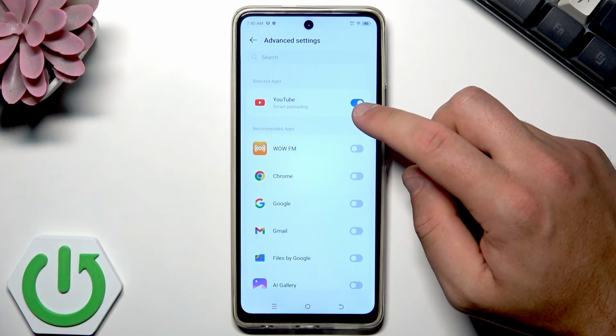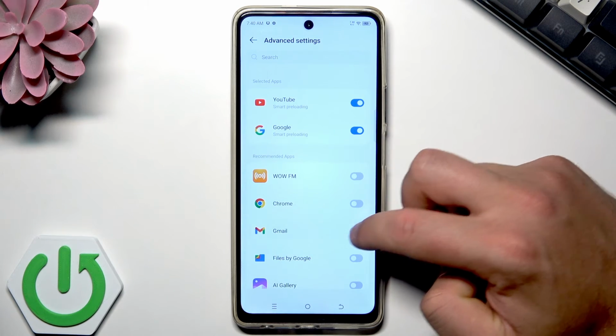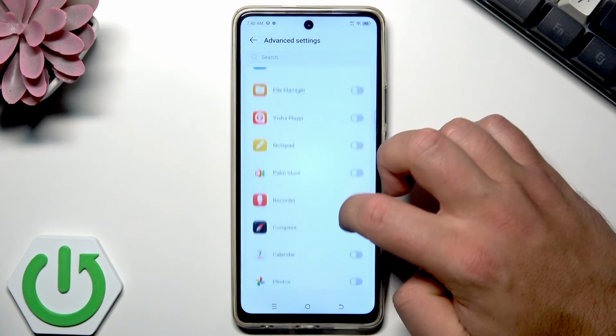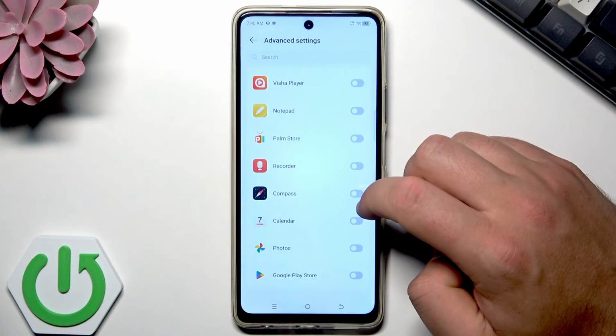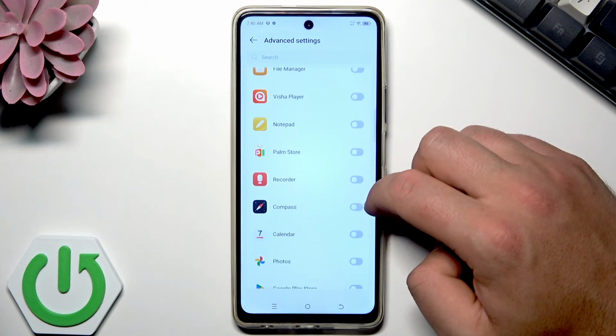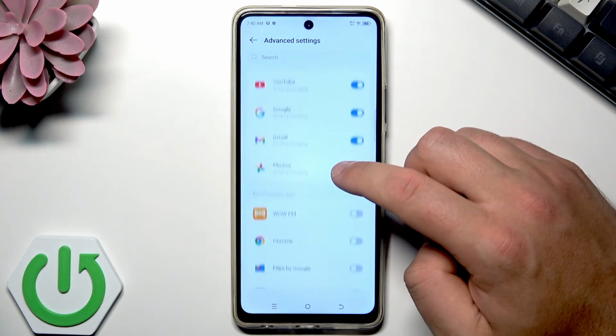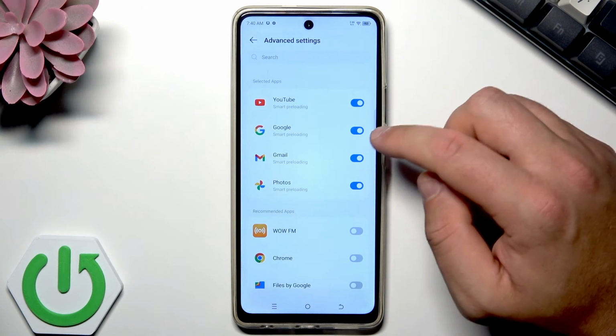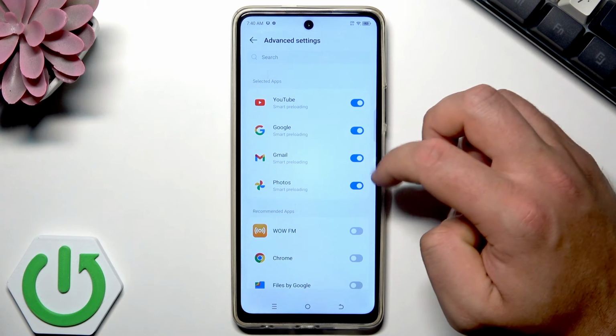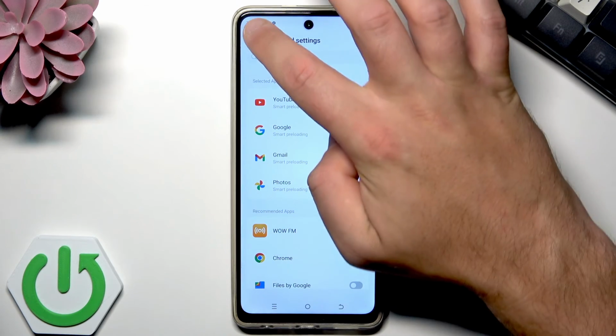definitely should use it on YouTube, Google, Gmail, and for example the photos. Those are the most useful ones. In my case I'm using those apps really often, so I will keep them enabled. Let's go back